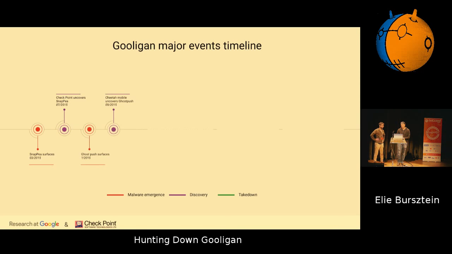A few months after that, a company called Cheetah Mobile uncovered a large malware family called GhostPush. GhostPush is known because they innovated in the space of Android malware by providing persistency across reboots, but also across flashes. They would patch the recovery system to enable persistence through resetting the default system settings. And then a year after that, Gooligan surfaced,